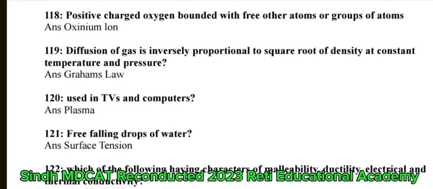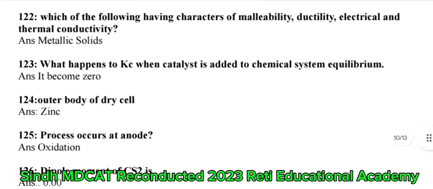Question number 120. Used in TVs and computers, and the correct answer is plasma. Question number 121. Free falling drops of water, and the correct answer is surface tension. Question number 122. Which of the following has the characters of malleability, ductility, electrical and thermal conductivity, and the correct answer is metallic solids. 123. What happens to Kc when a catalyst is added to a chemical system at equilibrium, and the correct answer